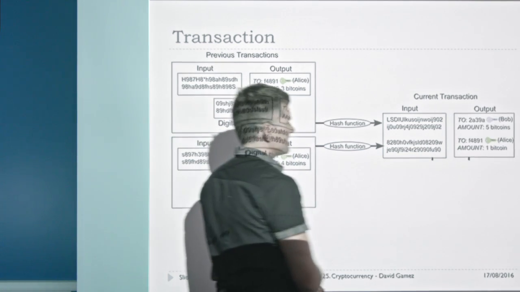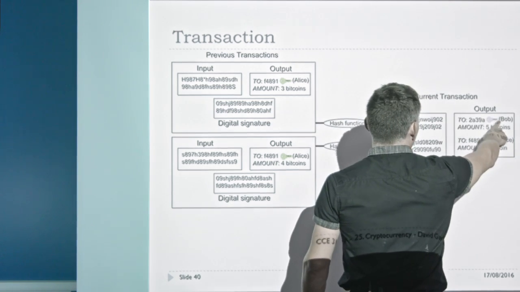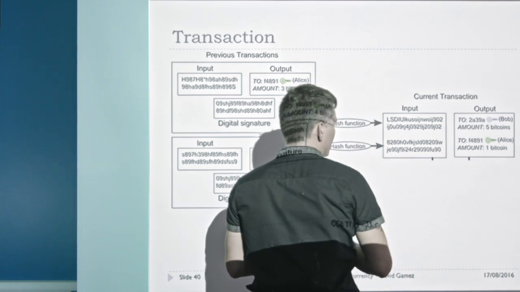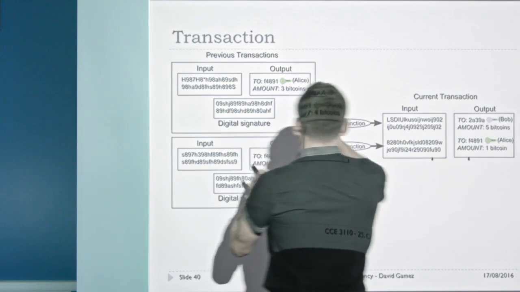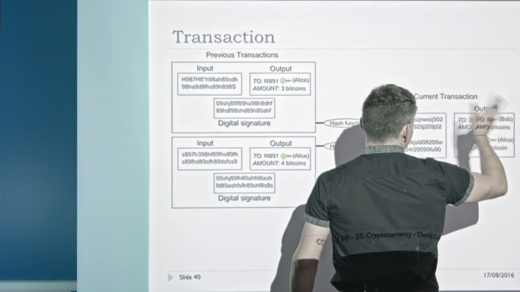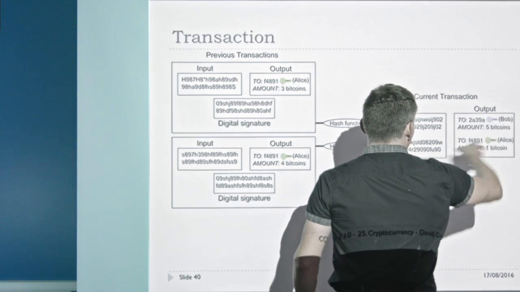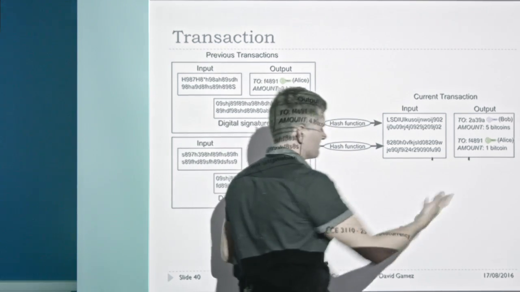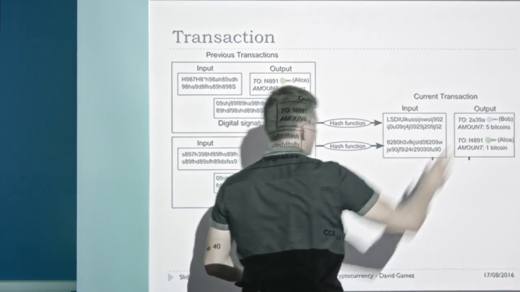And then there's the output. This is where Alice is now giving money to Bob. So here we have Bob's address, derived from the hash of the public key. And the output is how much money we're going to give to Bob. And here's the change. In this case we've got 7 Bitcoins coming in, and she's spending 6 Bitcoins, and I'll explain what that means in a second. But there's a bit left over, and the transaction needs to be zero sum, or if there's any missing, it ends up going to the, well, I'll explain all that later. So we've got the input, and there's a bit of change, and that change goes back to Alice.